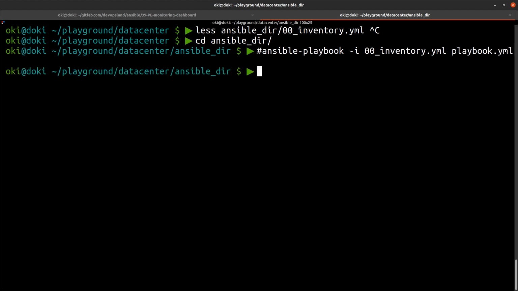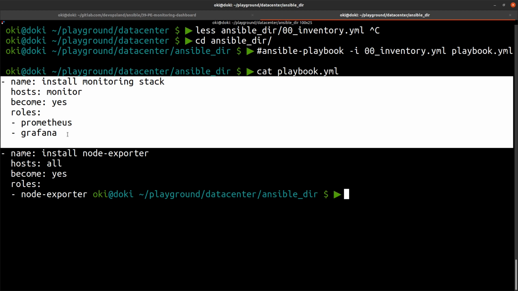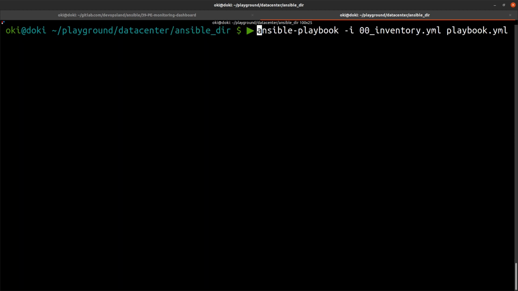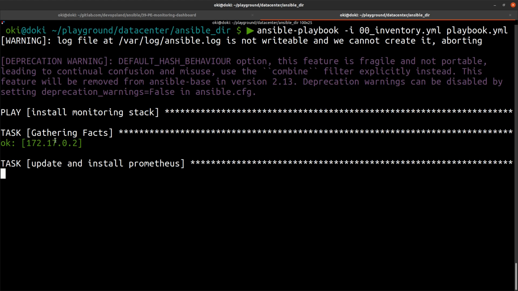So we can check our playbook. We have a Grafana role here, and all tasks we have added are in this role, Grafana. So we can run our playbook like here,